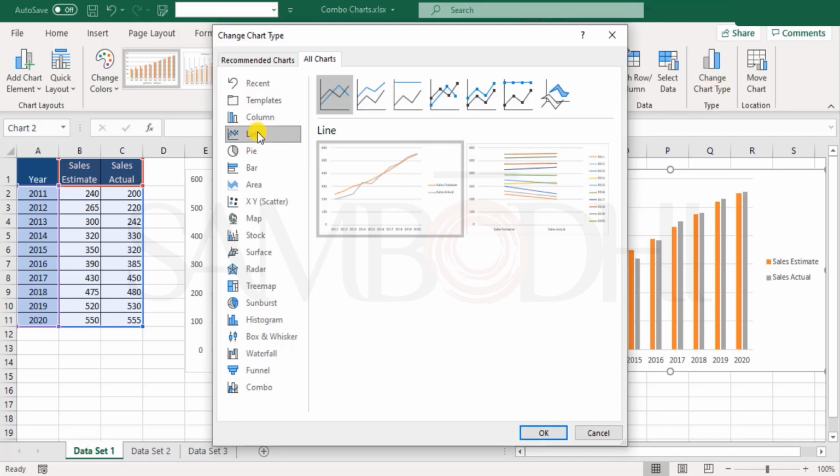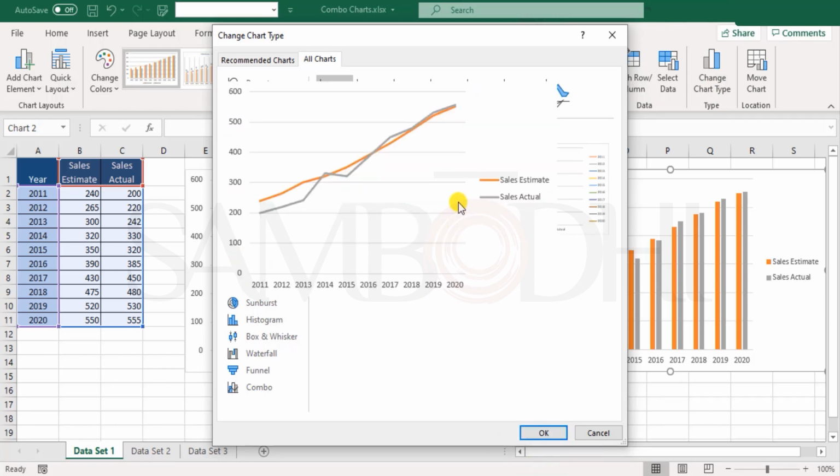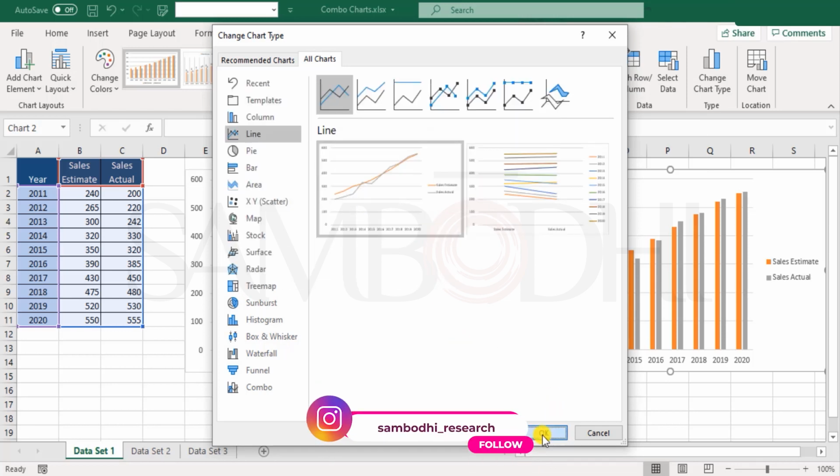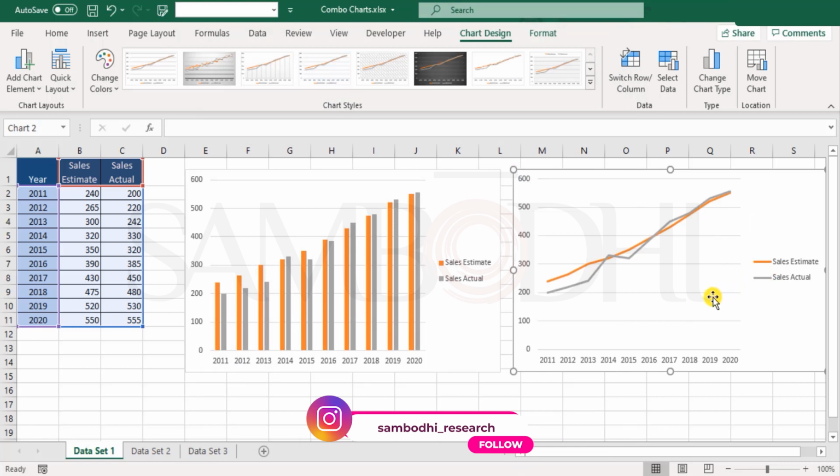Here I can select the line chart, and the first one is selected. Here you get a preview of what exactly the chart would be looking like, and this is appropriate. Let's click OK. And here we have this set of two lines. That's it. We can see how the gray line is the actual data and the orange is the one with